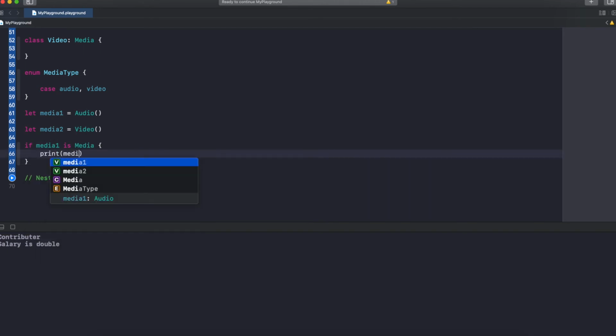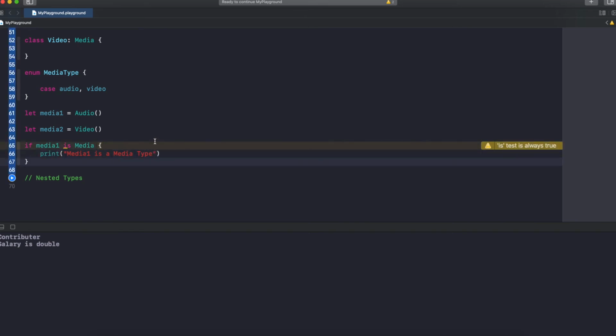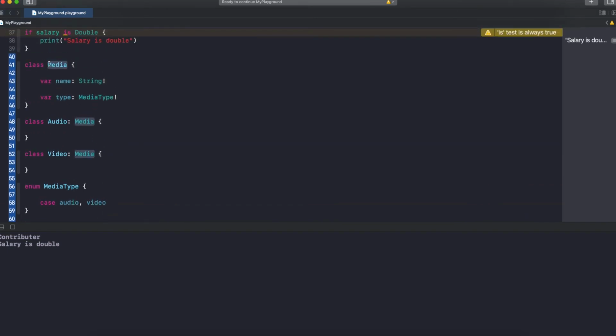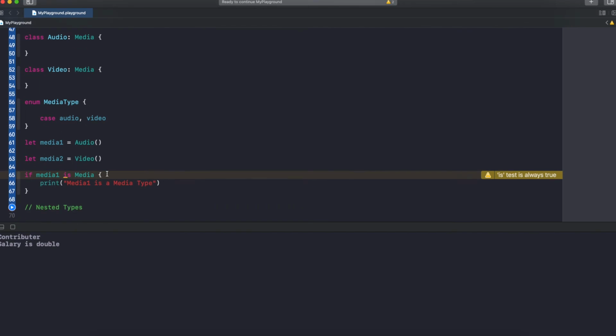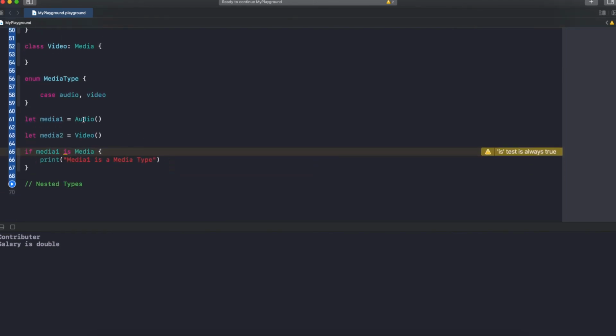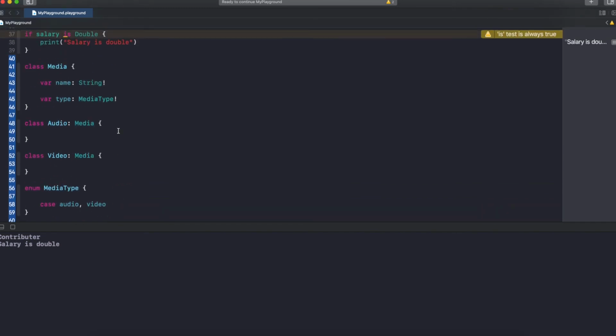Print media1 is a media type. You see that this media1 is of type audio class, but here I am checking against the media class. Why will it always be true? Because it clearly knows that audio extends media. So here I am checking one class type against another class type, so I'm checking the type of the object. This is called typecasting.